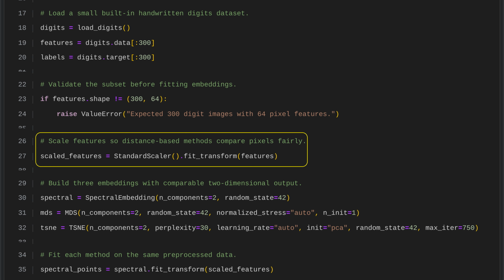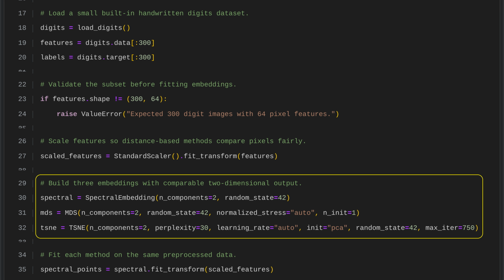We first standardize the features using Scikit-Learn's standard scaler, so each feature has a mean of 0 and a standard deviation of 1. This is important for distance-based methods because it puts all pixel features on the same scale, making distance comparisons fair. We configure 3 embedding methods to project the data into 2 dimensions: spectral embedding, multidimensional scaling, and